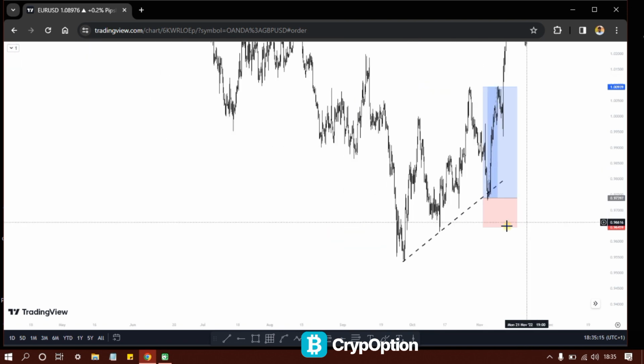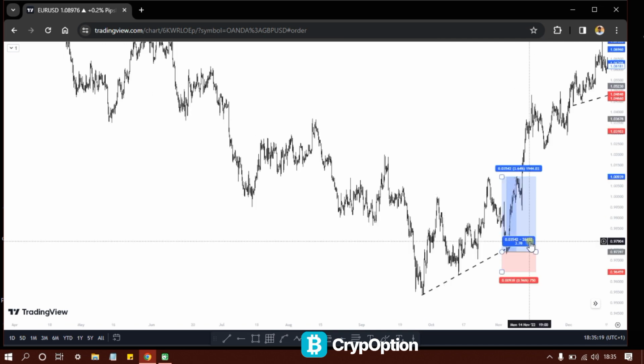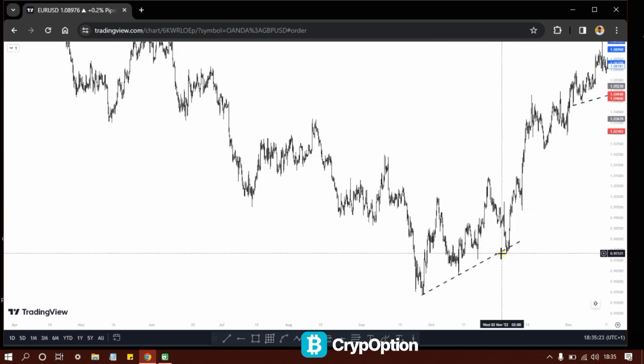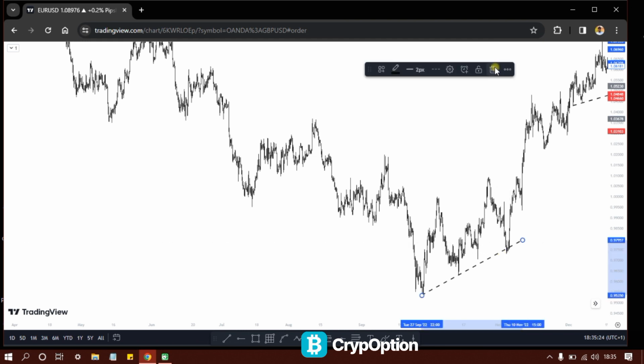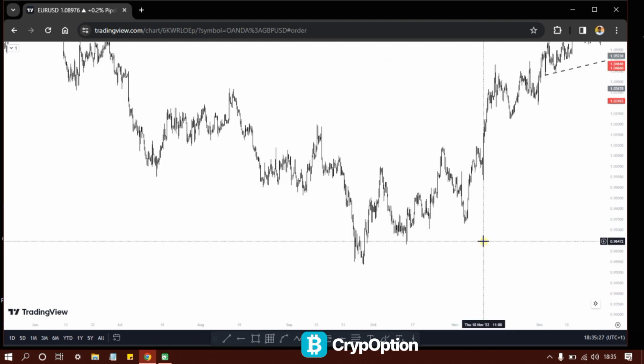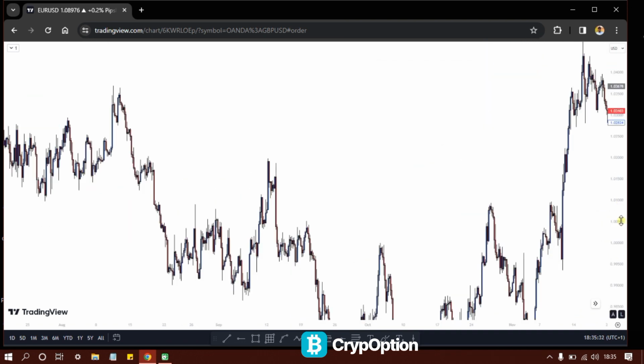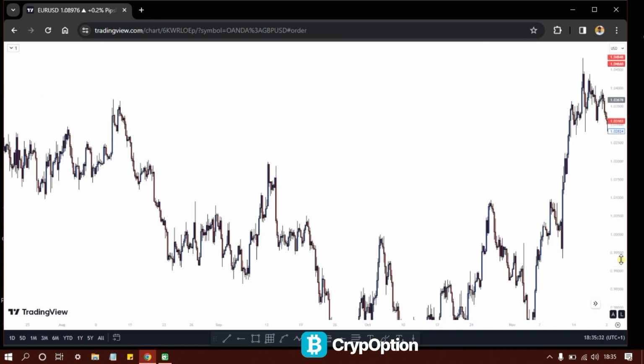Now let's quickly look at the trend line resistance and see how it works out. Trend line resistance also works like trend line support. All you have to do is just draw out your trend line and now